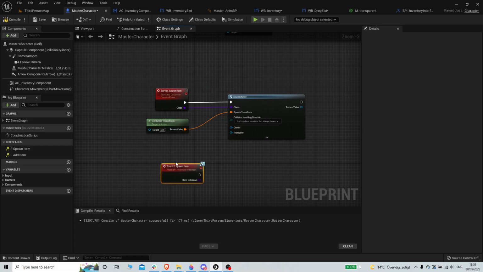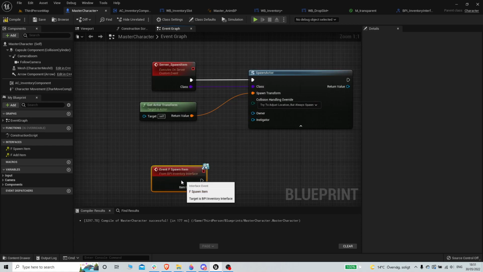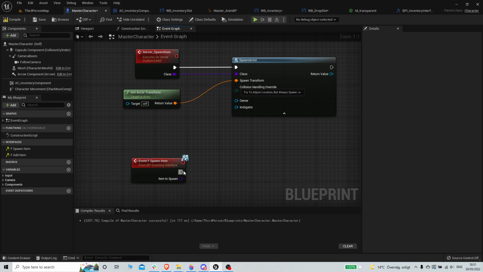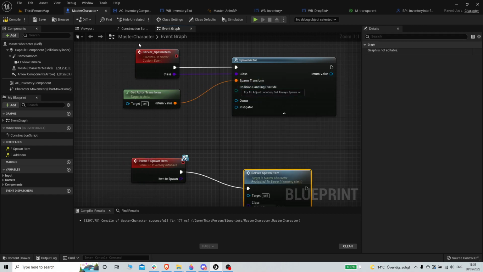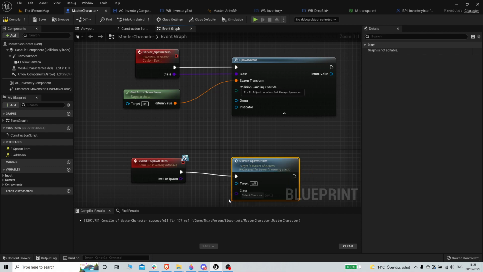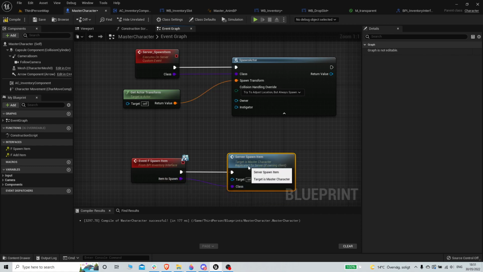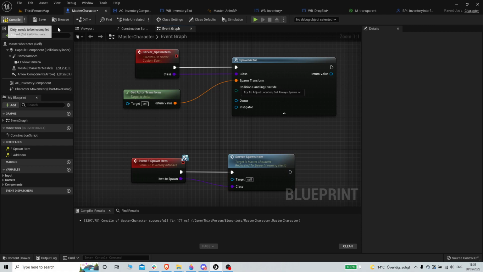Event spawn item. You can see that it's from the interface. From there, we're going to do server spawn item, which is the one that we did over here. We're going to plug the class in,